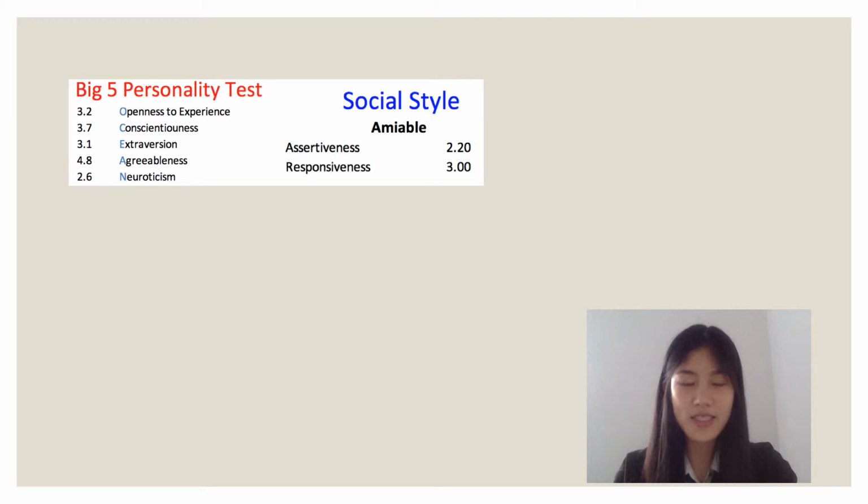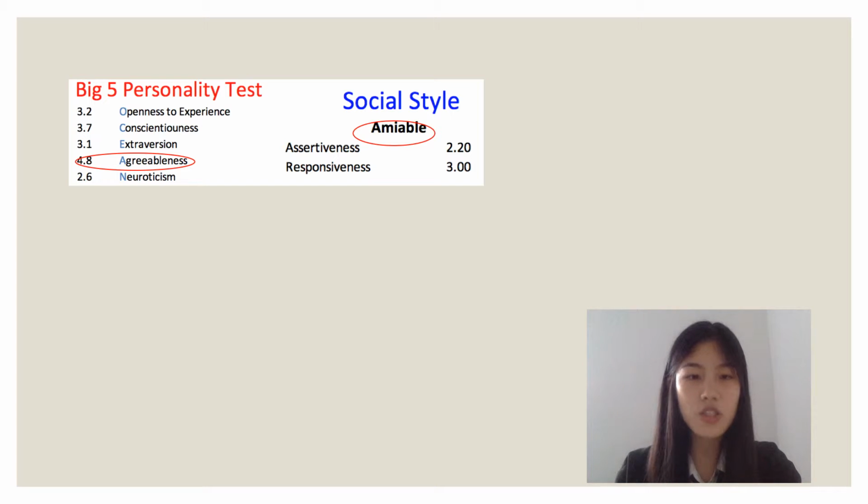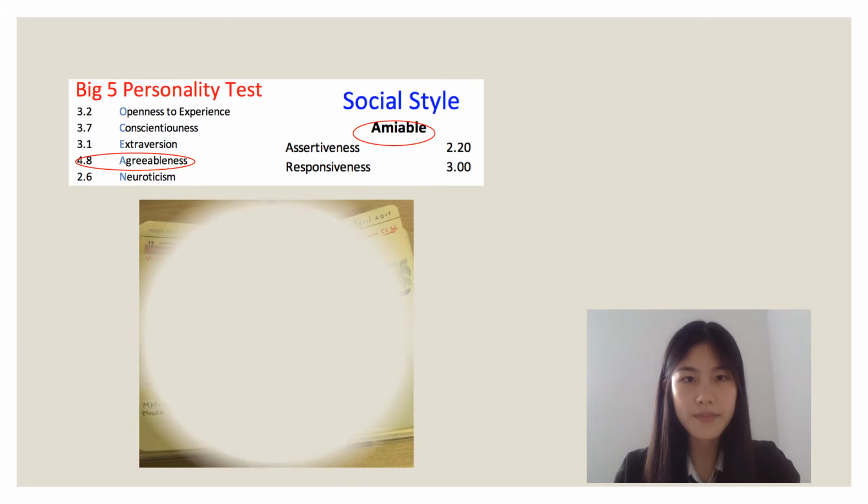As mentioned earlier, the Big 5 personality trait, the agreeableness aspect, is willing to put down your own interests for other people. As you can see, I score a 4.8 out of 5, which is the highest out of my Big 5 personality trait. Likewise, I'm under the amiable category for social style models, which has a low assertiveness, telling, and a high responsiveness, emoting. The combination of these two results may mean that I have a personality trait of being trustworthy, organized, supportive, and empathetic.